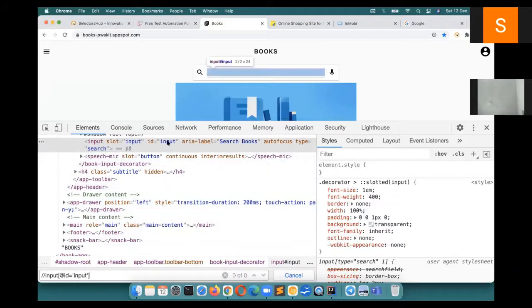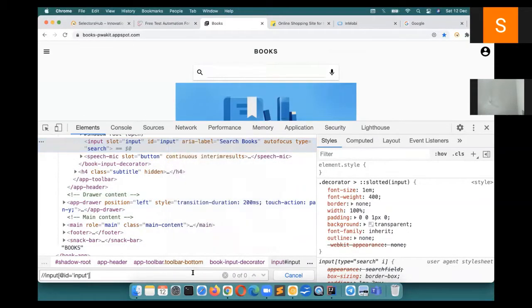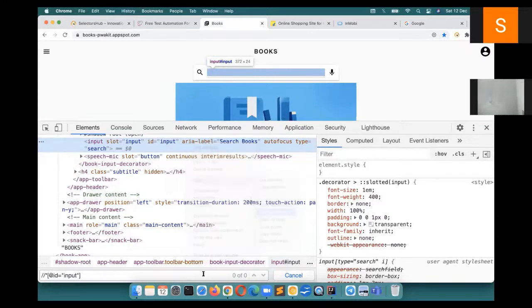Or what you will do is right click, copy, copy XPath and paste it here. It is still giving 0 of 0. You will try something else, then copy selector, let's say, and paste it here. Still 0 of 0. So basically it is a big problem for beginners.